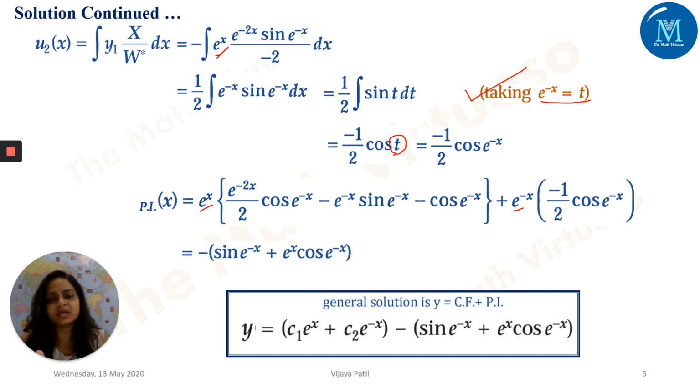So method of variation of parameters is very simple, and I hope you must have understood with